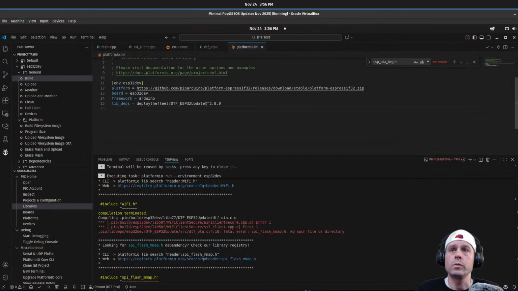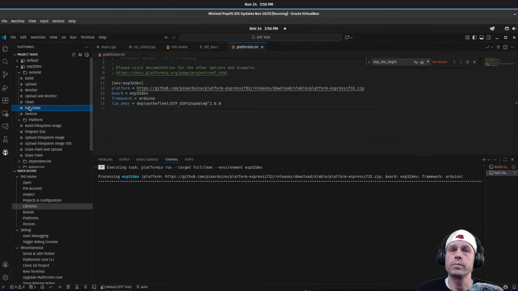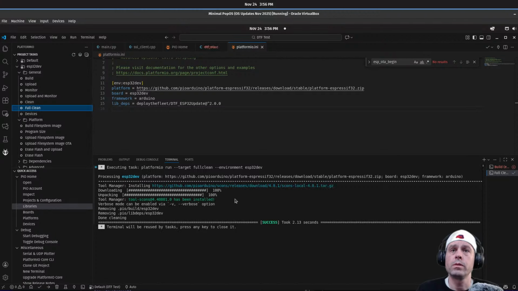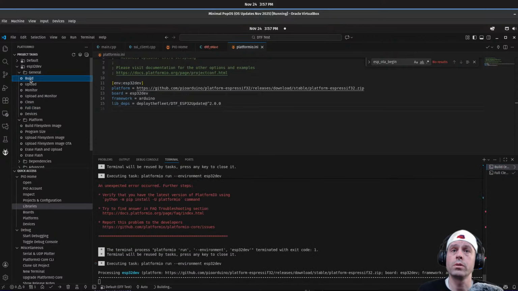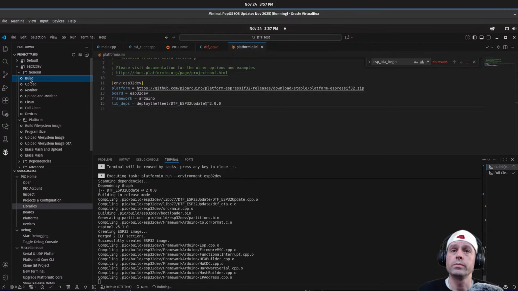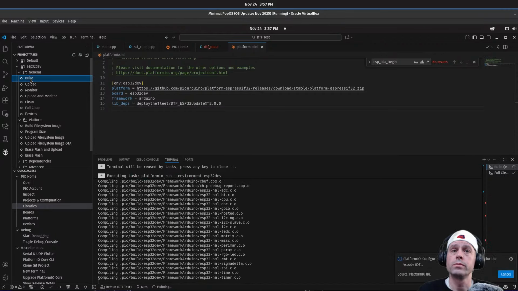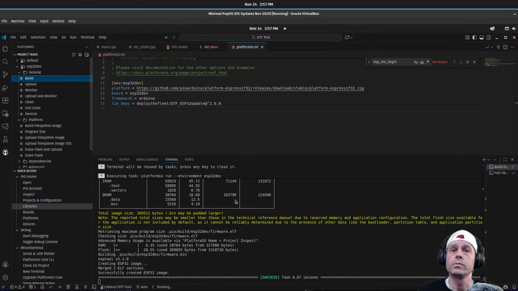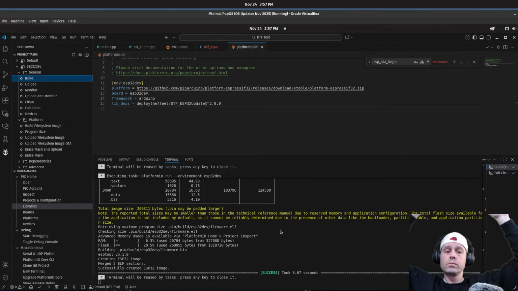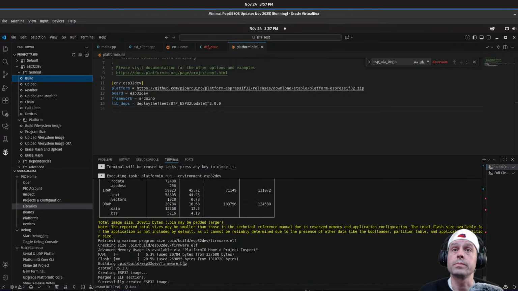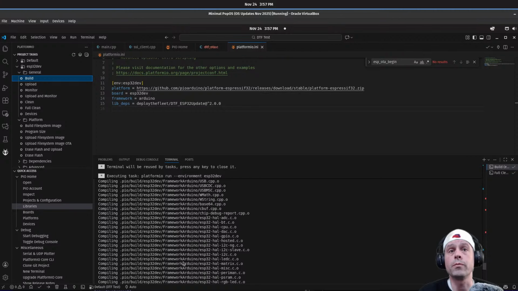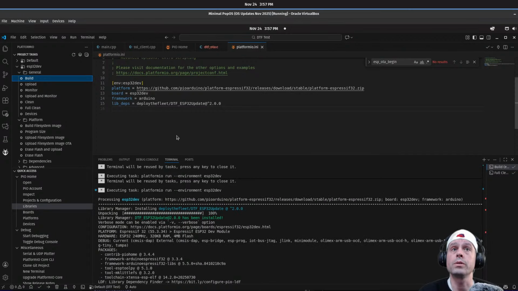Let's try a full clean. Let's do that. Okay, that time it said it succeeded in installing a tool that it tried to install before. So maybe that's all we need to do, just full clean. Now let's try a build. That worked. Oh my goodness. If this is true, I am very grateful for whatever community is maintaining this, that PlatformIO has dropped the ball on.